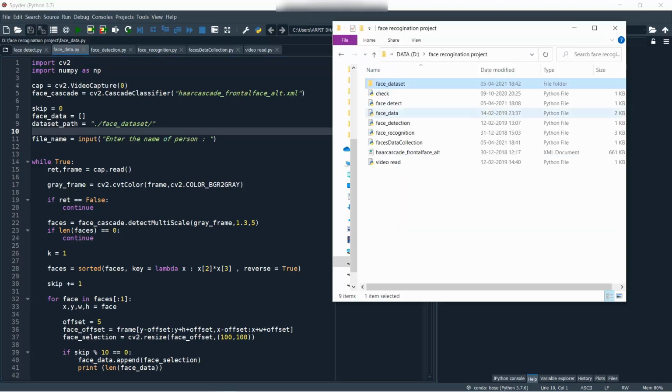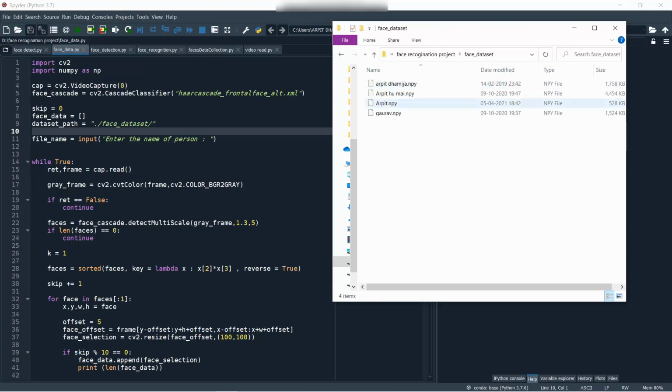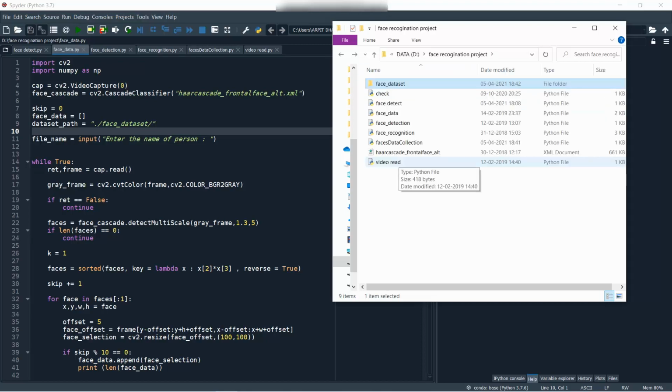As you can see, in my D drive I've created a folder face dataset by this line, and this folder contains all the files read through my camera. I recorded my face and gave my name, and all the camera feed data is stored in this folder.